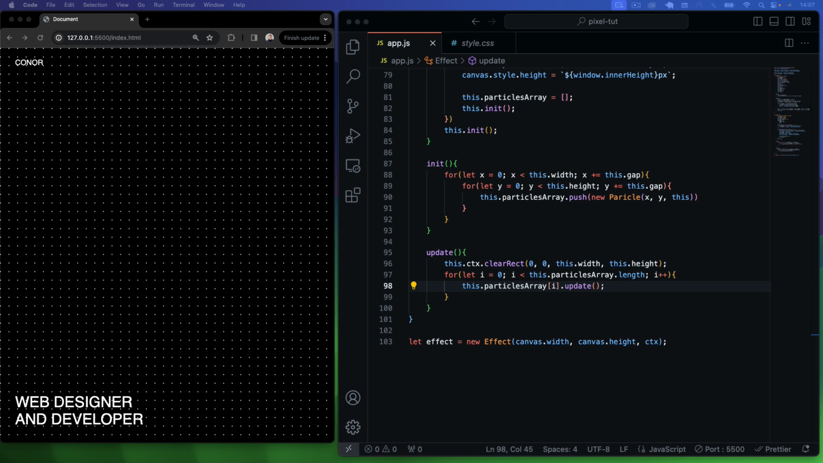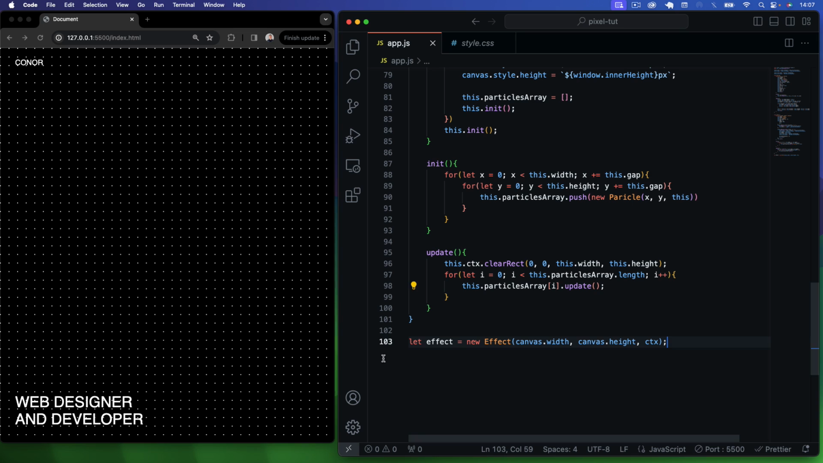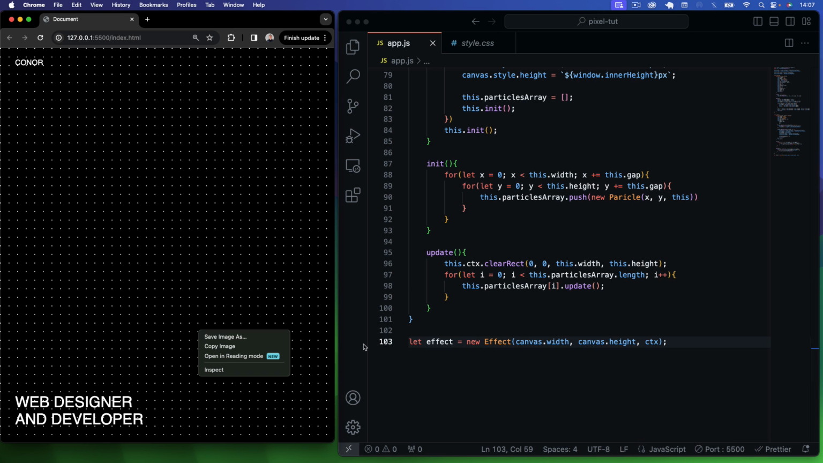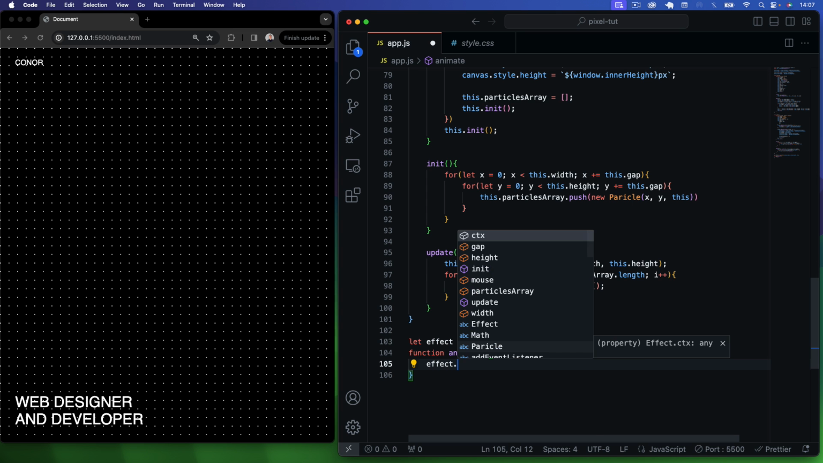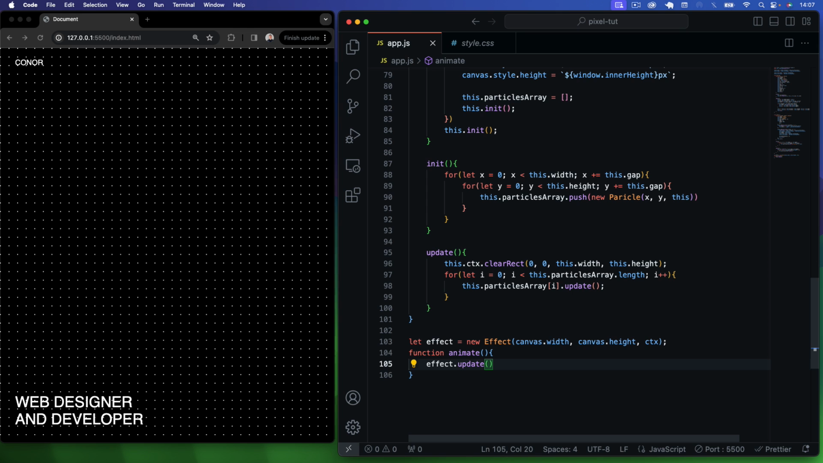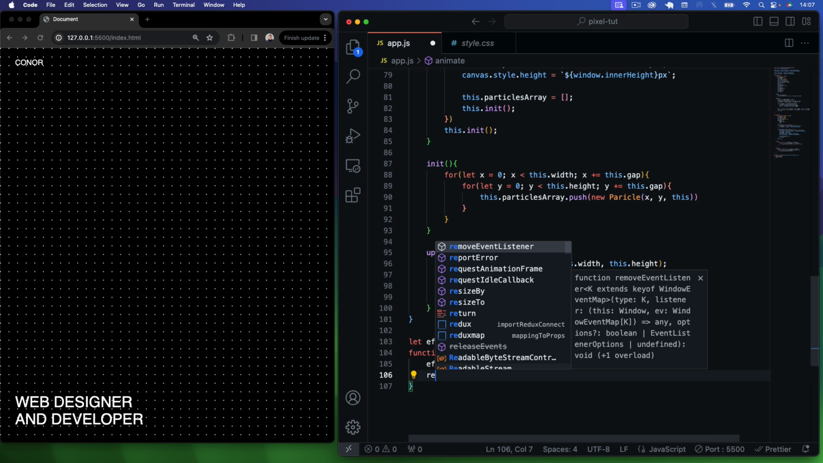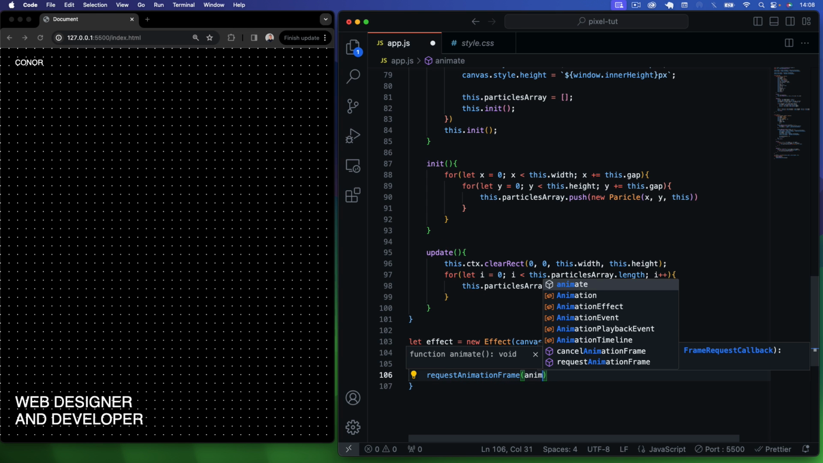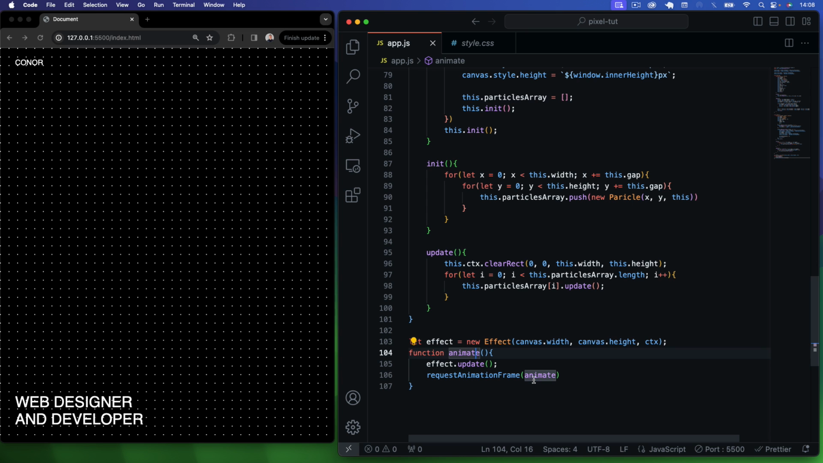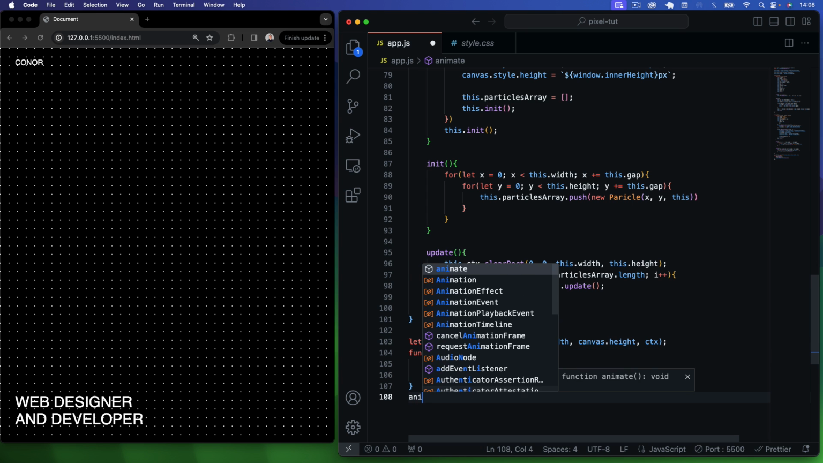Now we've got init. You'll see nothing's happening because we're not actually running the update function here. So we can do that in an animation frame outside of everything. I'm going to do a function called animate here, and here we're just going to say effect.update, like so. Then we can say requestAnimationFrame(animate), so this will call this function over and over again, 60 frames per second. If I run animate outside here,